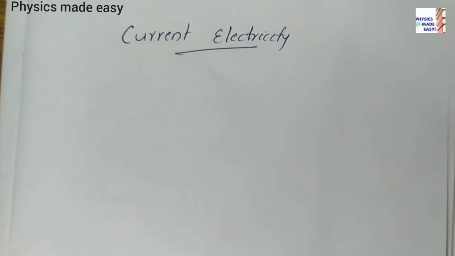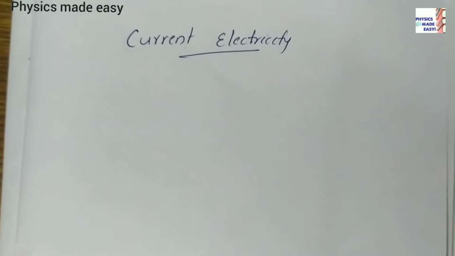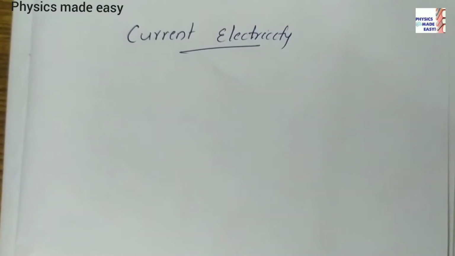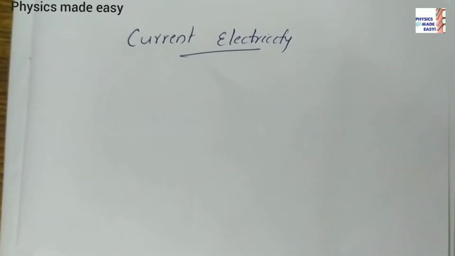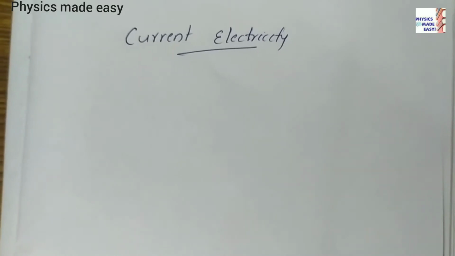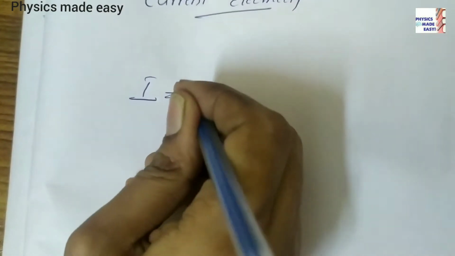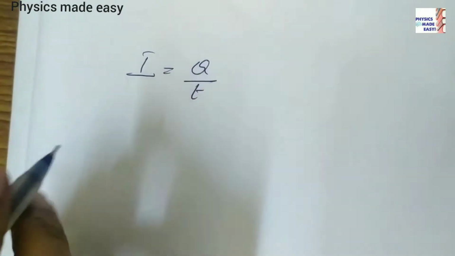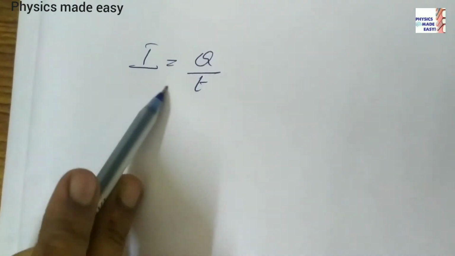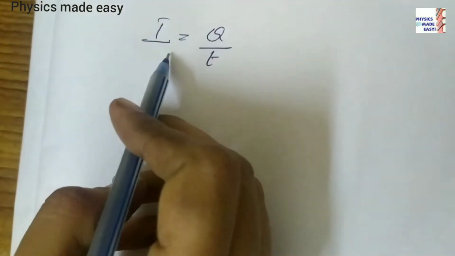You know about electric current. What is electric current? Rate of flow of charges is known as electric current. Here we can define that as the amount of charge flowing across an area in unit time. Then for steady flow of charge, we can write this equation I is equal to Q divided by T. You know rate of flow of charges is called current. Q is the charge and T is the time. Then I is the current.